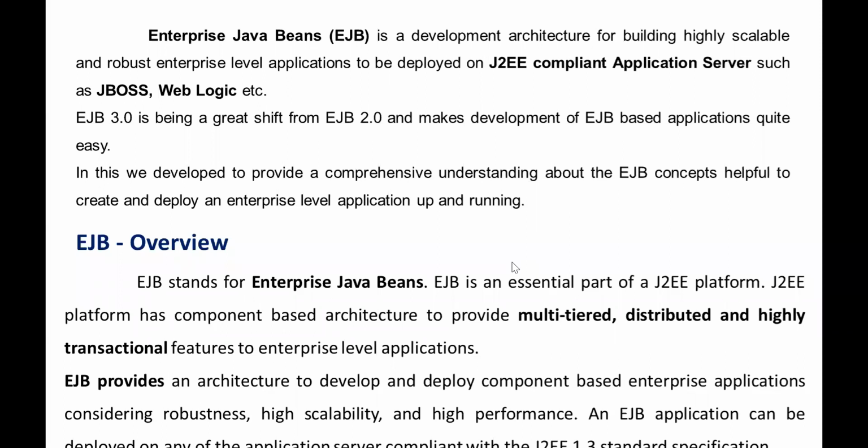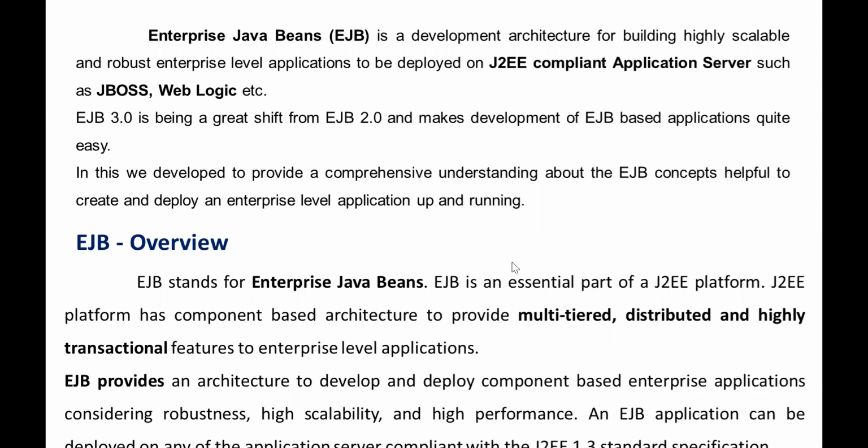That J2EE platform contains many components and is based on an architecture that provides multi-thread, distributed, and highly transactional features to develop enterprise level applications.